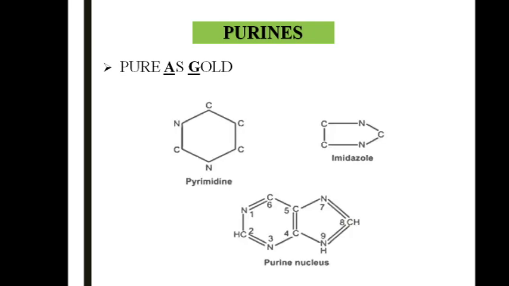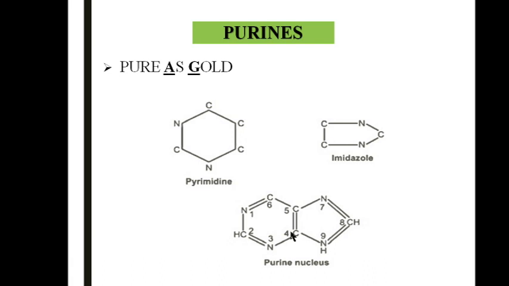They contain a pyrimidine ring, which is fused to the imidazole ring. You can look at the 6-membered pyrimidine ring fused with the 5-membered imidazole ring. You can appreciate the nitrogenous bases 1, 2, 3, 4, and in total it contains 9 atoms. Out of the 9 atoms, 4 are N1, N3, N7, N9, all odd numbers, 1, 3, 7, 9 except 5. They are all contributed by nitrogen atoms.